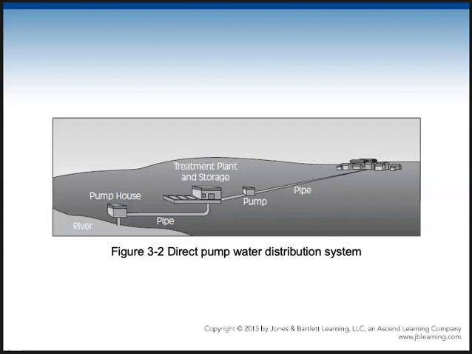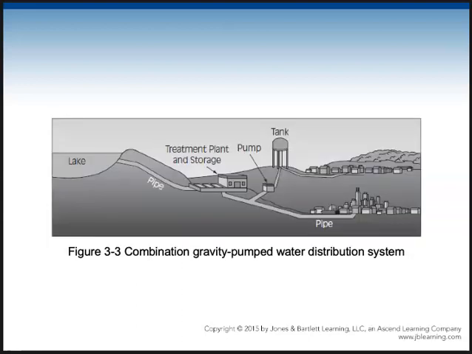But usually what's going to happen is what we see in the next illustration. And that is we're going to use gravity and pumps together. So a combination gravity pumped water distribution system. Almost all of Southern California is like this. The water comes to us,